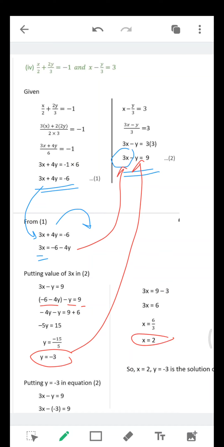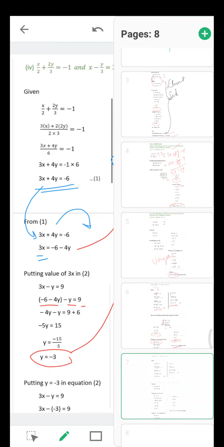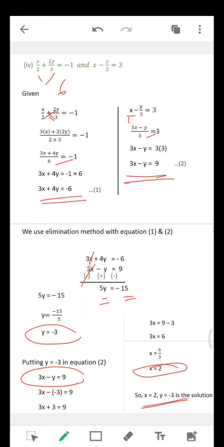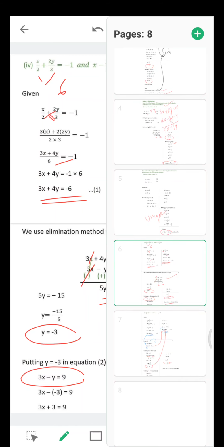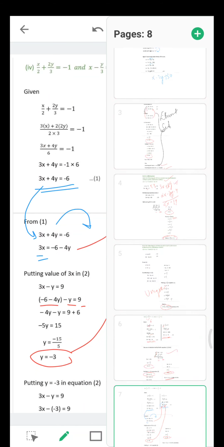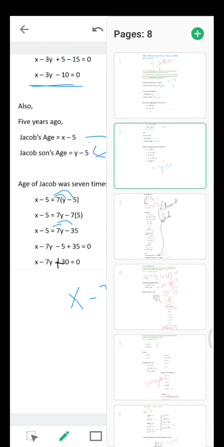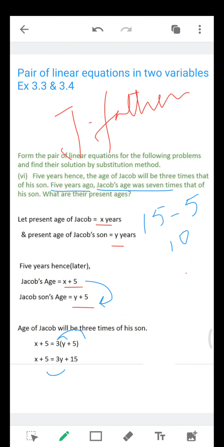This is the way we can find solutions. x is equal to 2, y is equal to minus 3. This is by the substitution method. And we got the same thing, x is equal to 2, y is equal to minus 3, by the elimination method. So the method is differing, the answers will be the same. Hope everything is clear to you all. This was the most important concept of today's session,